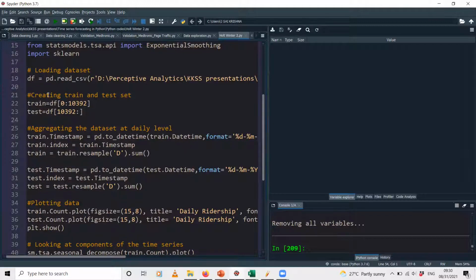We split this data set into two parts: training and testing data. And for those of you who are not familiar, the purpose of this train test split is to avoid any kind of overfitting in the model. Okay, so the moment you get any data, before you start training any model, you usually have a 70-30 split or an 80-20 split of the data, like 80% training data, 20% testing data. So you build the model on the training data set, and you apply that model on the testing data set and see what the accuracy looks like.